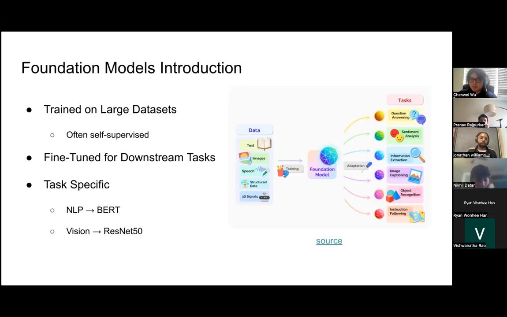So for example, with the BERT model, by training it on millions of examples of English sentences, you give it a broad understanding of how English works, how English should flow. Or for the vision example of the ResNet 50 model, by training it on millions and millions of examples of images, you give it a sense of what it should be looking for in an image in order to classify it. So that's a broad introduction to foundational models: trained on a very large data set, often in a very